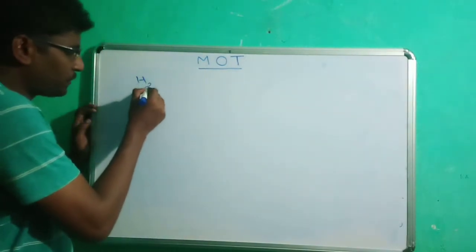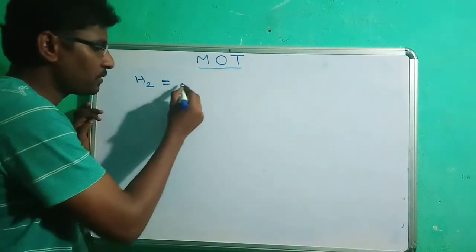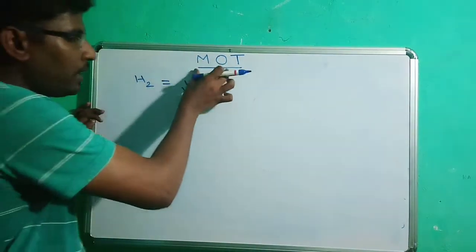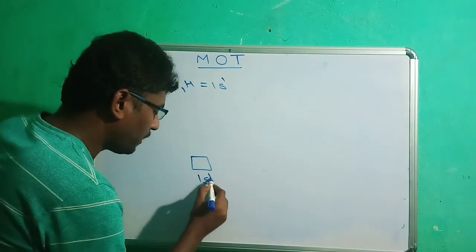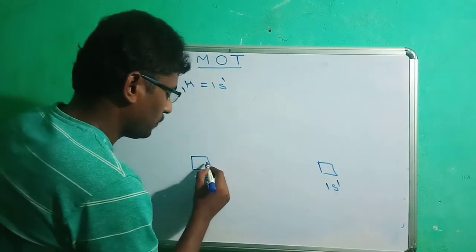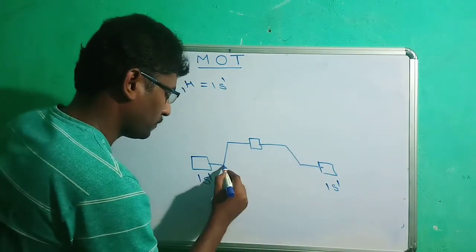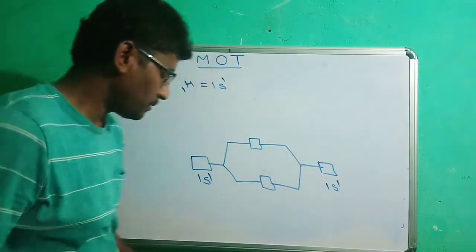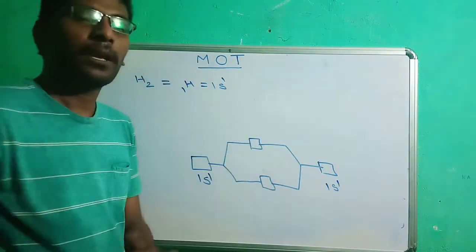If you take the H2 molecule, the H2 molecule contains two hydrogen atoms with atomic number 1, and electronic configuration 1s1. According to this molecular orbital theory, each atomic orbital of the hydrogen atom will combine to form a new type of orbital. Those are called molecular orbitals. These are atomic orbitals, and when the atomic orbitals combine, we get molecular orbitals.